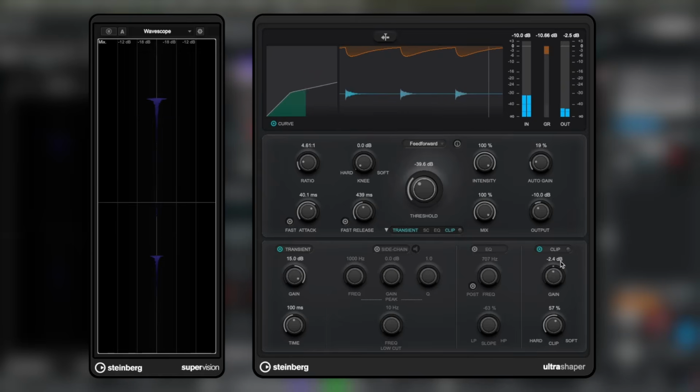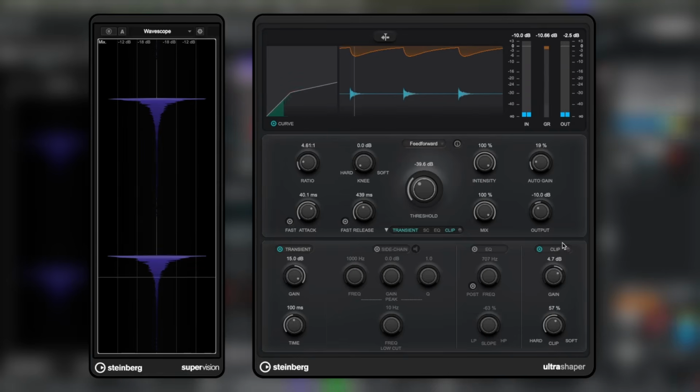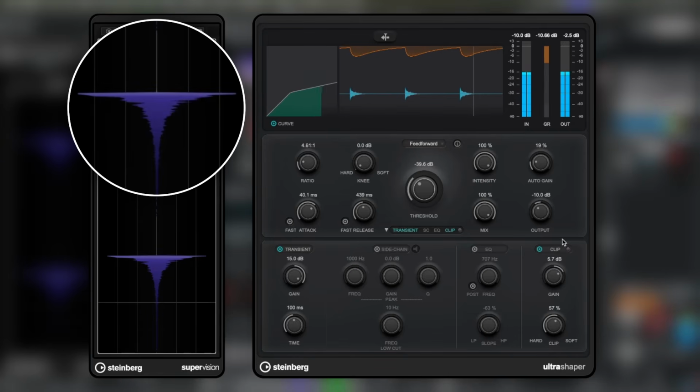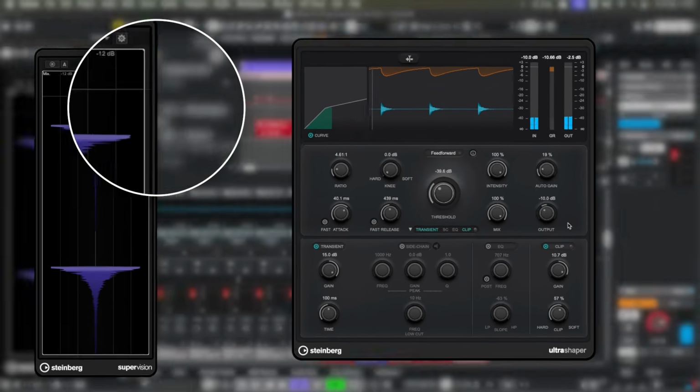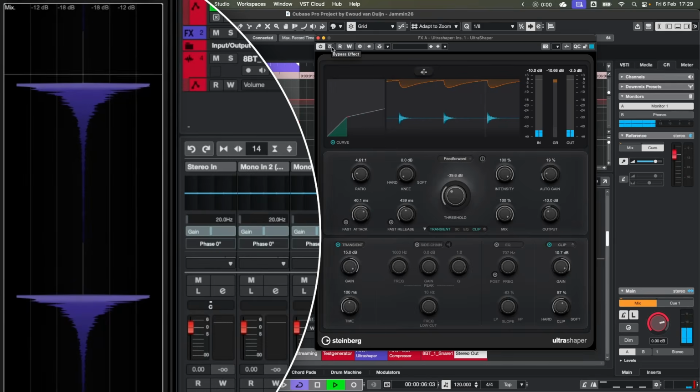Now I open the drawer, turn on the clipper and turn it up. At the 6 decibels we saw a few seconds ago, it will start to clip. I keep turning it up to shave off the excess energy we created a minute ago. And now, before and after,